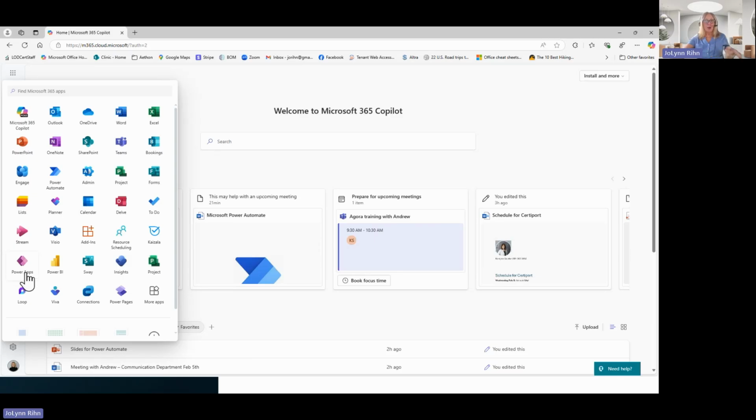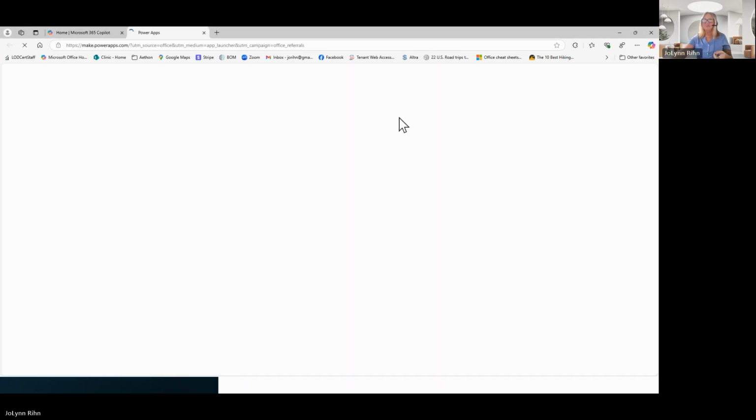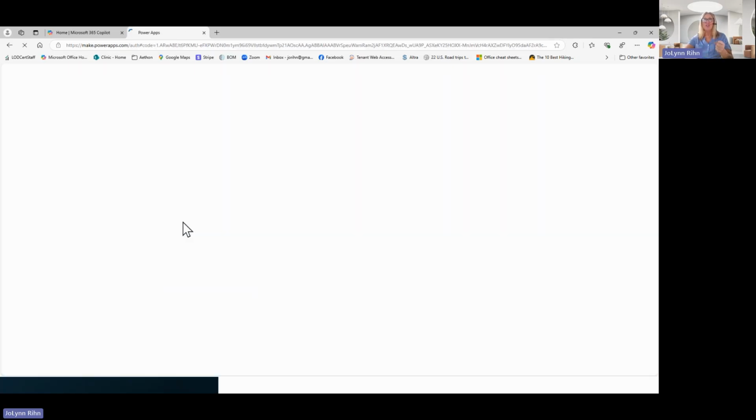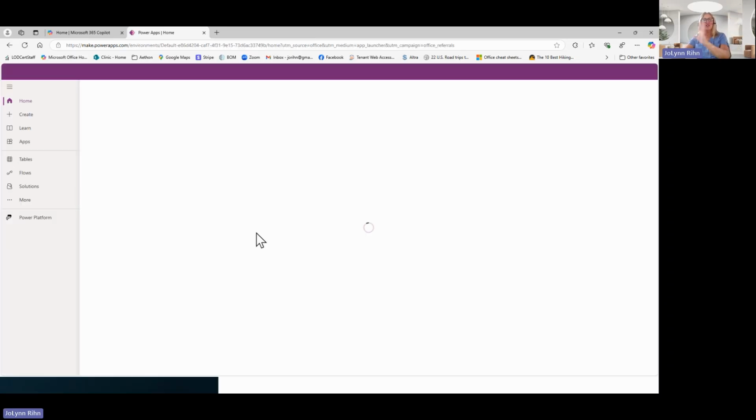If I click Power Apps, this will take me into the main program, the main window, to access all of our Power programs, all of the Power Apps. So let me get that open here real quick. Now, once this opens, you're going to see a navigation pane on the left-hand side. Whatever, of course, you click on from the left will change what you're going to see on the right-hand side.